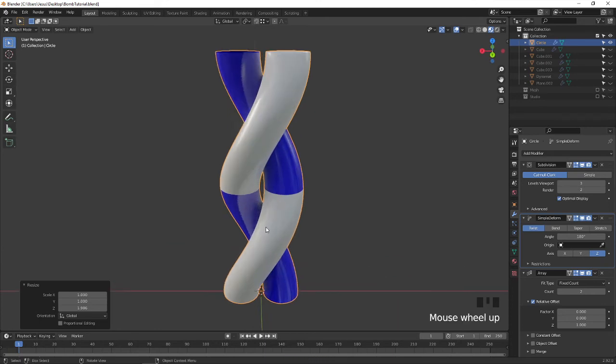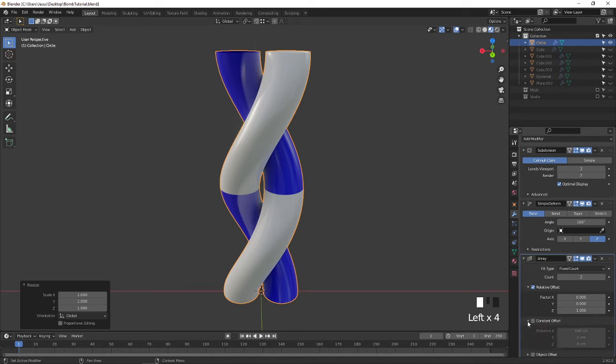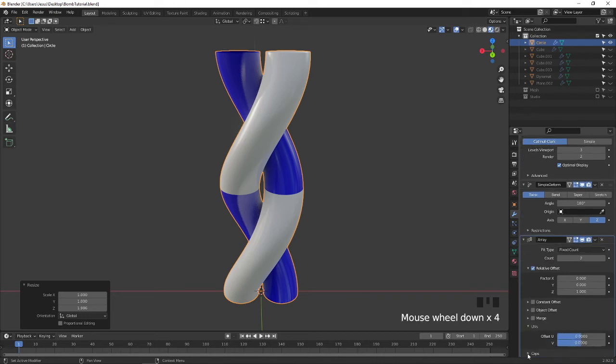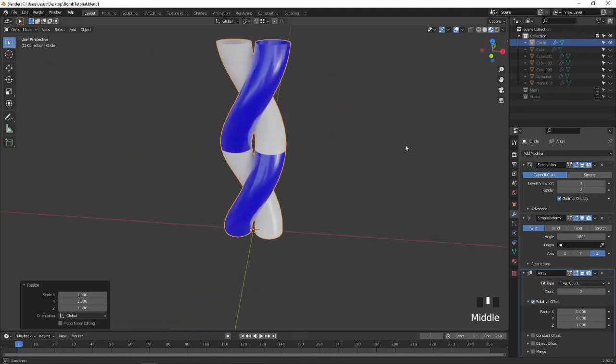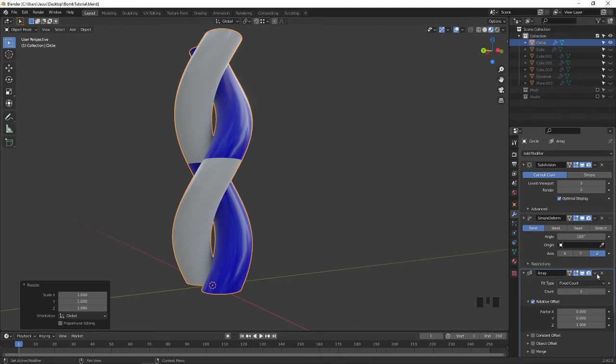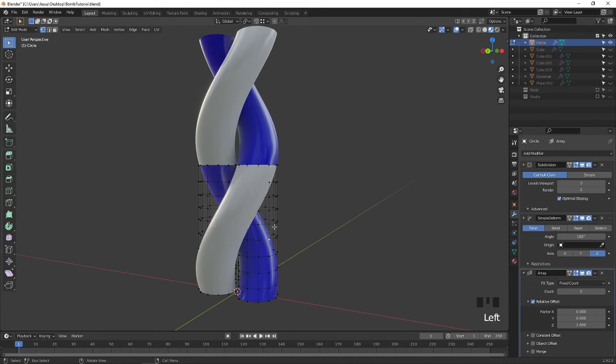Oops, in array mode what we have to do is go to edit mode again, select this one, go to material preview, G to move, which is moving.